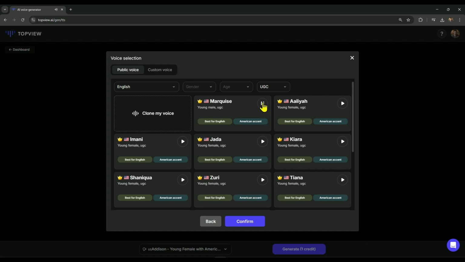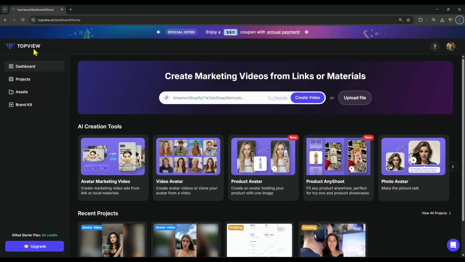Welcome to Topview AI, the ultimate AI-powered video editing platform that revolutionizes